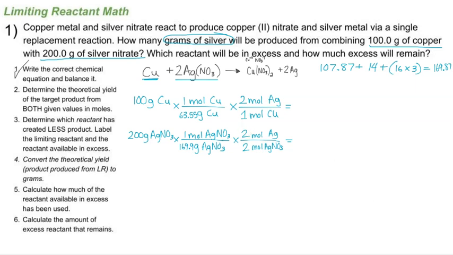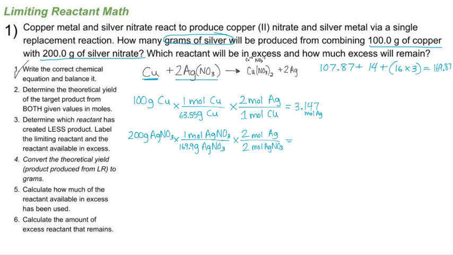Okay, so now we just need to multiply these out. So 100 divided by 63.55 times 2. Let's do this in a calculator. 100 divided by 63.55 times 2. That gives me 3.147 moles of silver. And then on my other one, 200 divided by 169.9 times 2 divided by 2, which